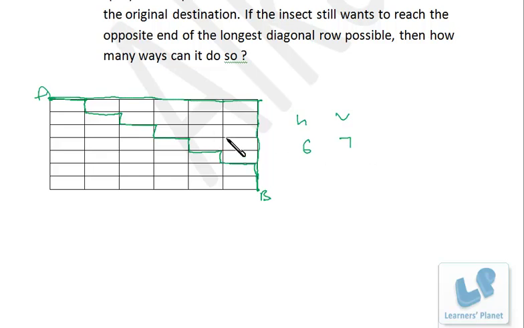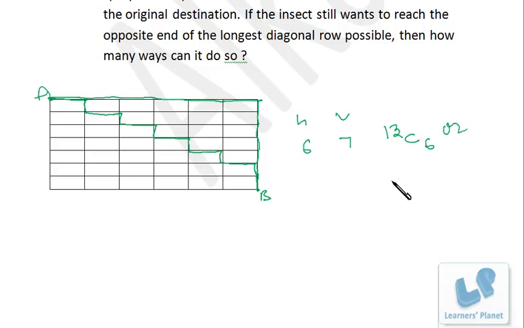So there are two methods of solving this problem. Listen to me carefully. 6 horizontal steps, 7 vertical steps, right? And in all, total 13 steps. Now, the first method, out of 13 steps, you choose any 6. These are horizontal steps. So, corresponding vertical steps will automatically be selected. So, your final answer of number of ways from A to B will be 13C6, right? You are selecting 6 horizontal steps, so corresponding vertical steps will automatically be selected.